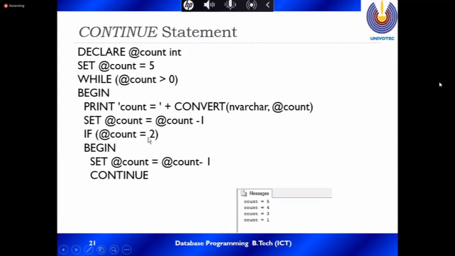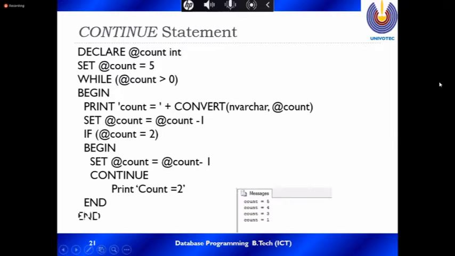Inside there is another condition: if the @count variable equals 2, then you reduce it by one, and continue. It does not print this 2, and immediately goes to the beginning of the loop. Then you get this result: 5, 4, 3, 1.